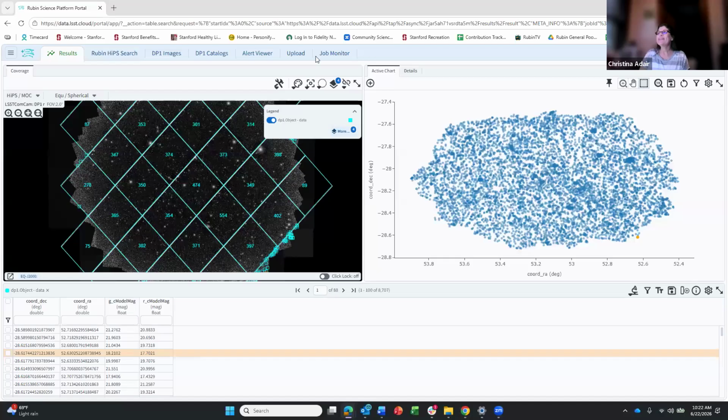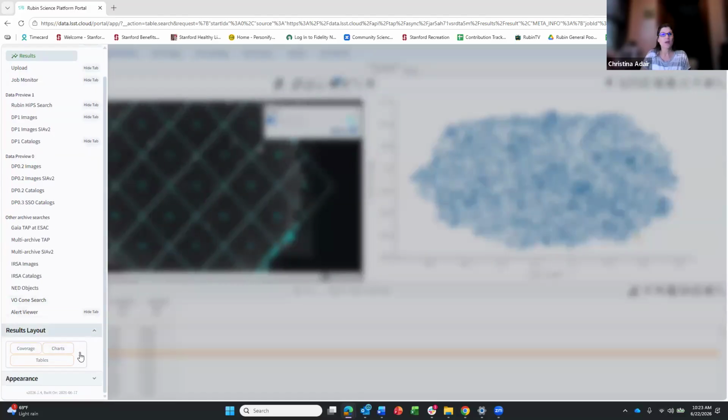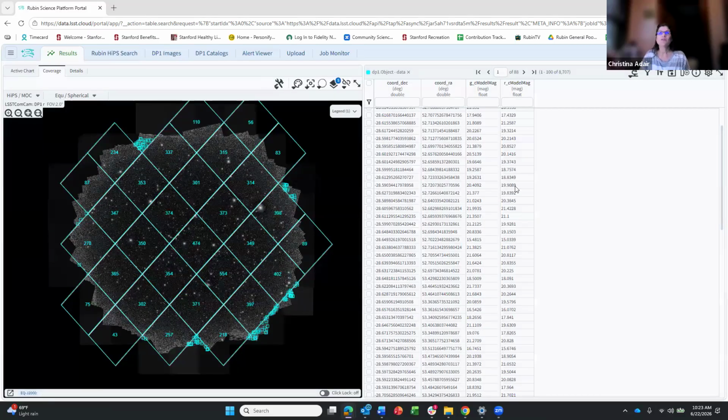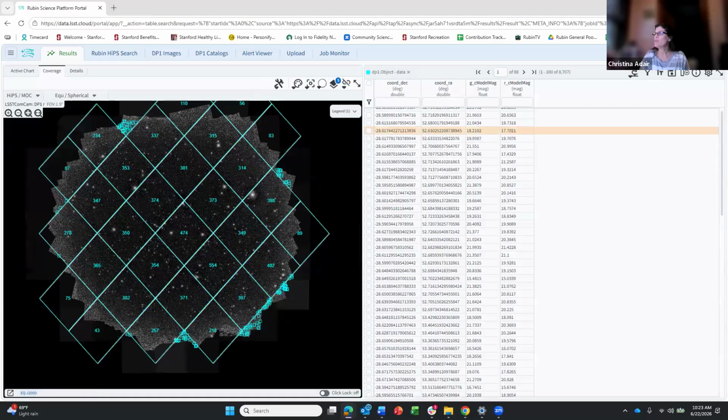If you would like to change this, you can now go back over here, and I'm hoping that this works for me now, and click on the results layout. It didn't show before because I didn't have any results. Come on. And now you can select what type of layout you want. So if you don't need the data table, you could just have the coverage and the charts. If you would like the table only and the coverage charts, then you can switch your layout, and so you can see things here. So this is pretty cool. All right, I am going to switch back though